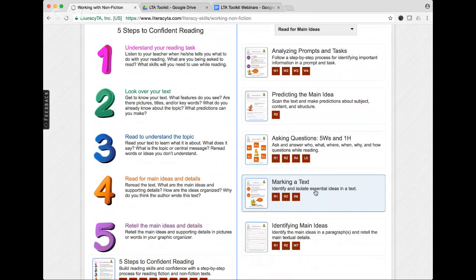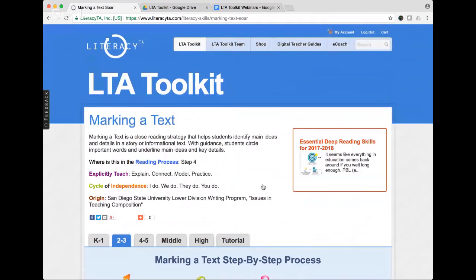So marking a text, you might have heard of this in other schools, or you might have heard of this from the AVID community. But this is a strategy that I picked up after looking at professors at San Diego State while I was lecturing there and seeing what they were doing and the decisions that they were making. And I wanted to take the concept of annotation and simplify it into 2 to 3 marks, one being underlining and one being circling. So if you click on marking a text,